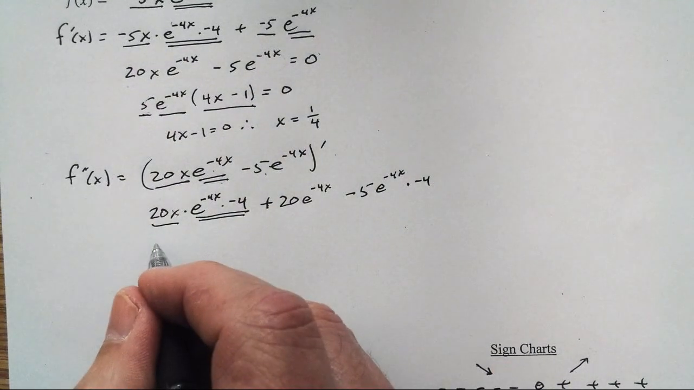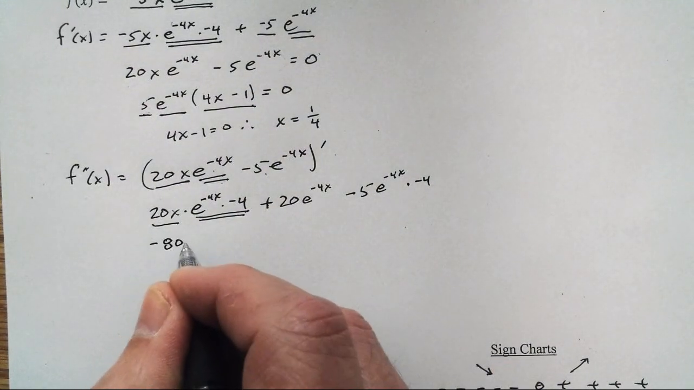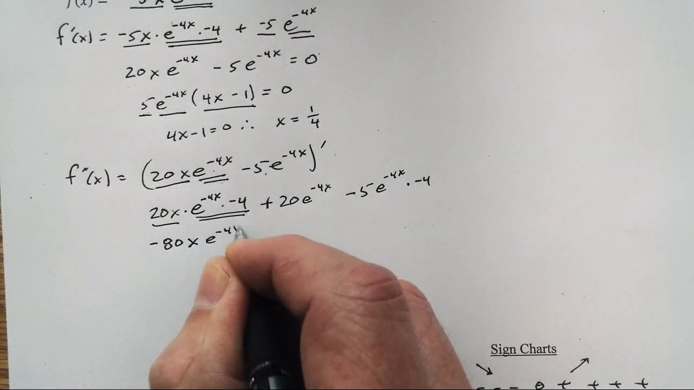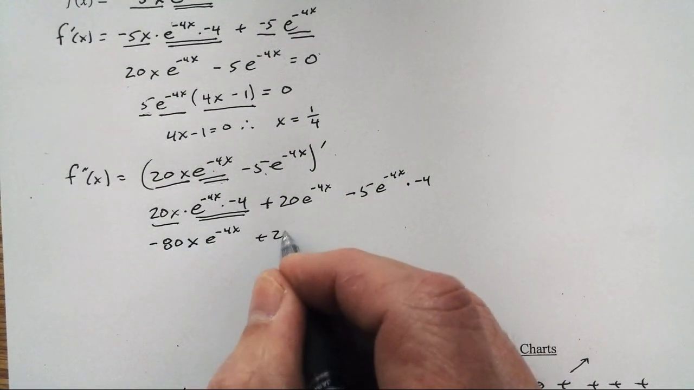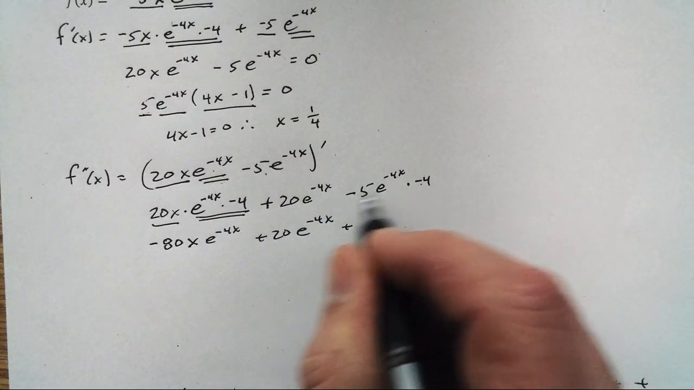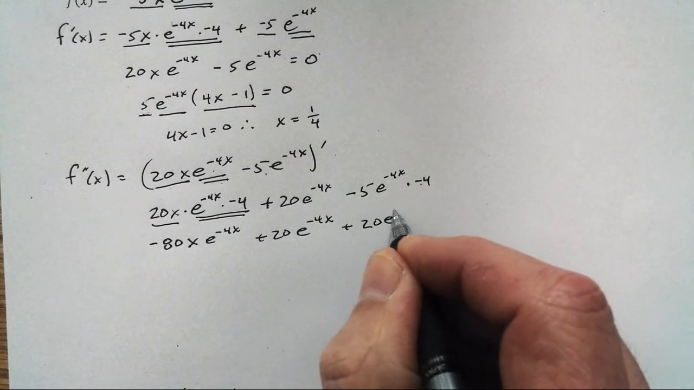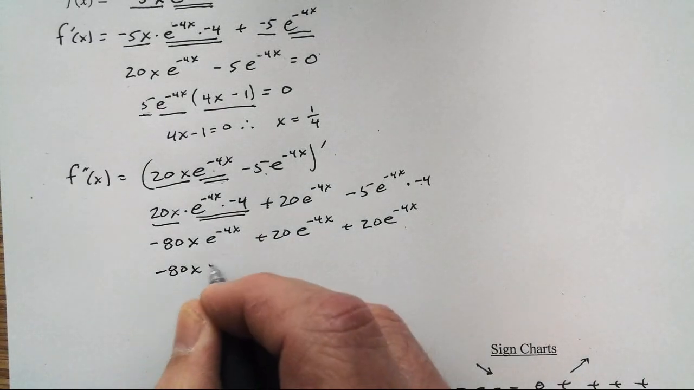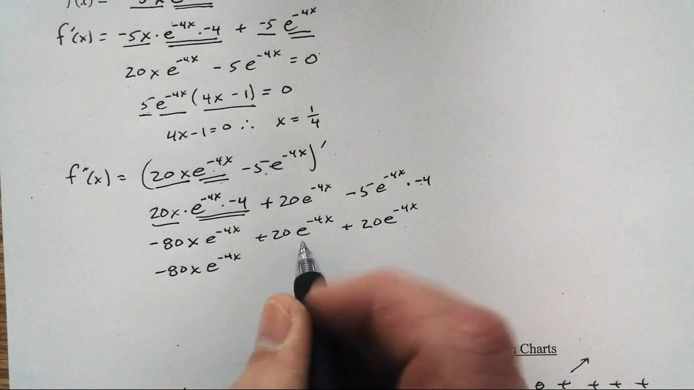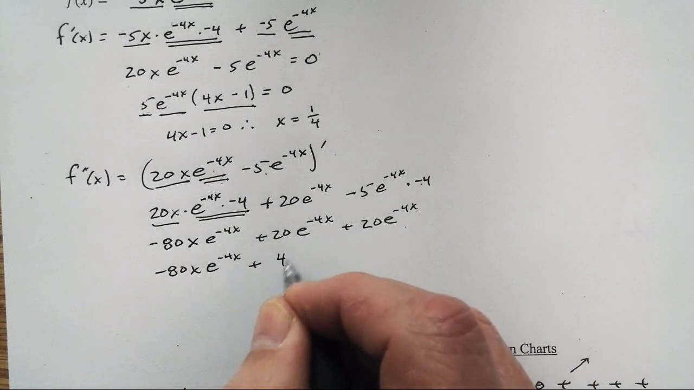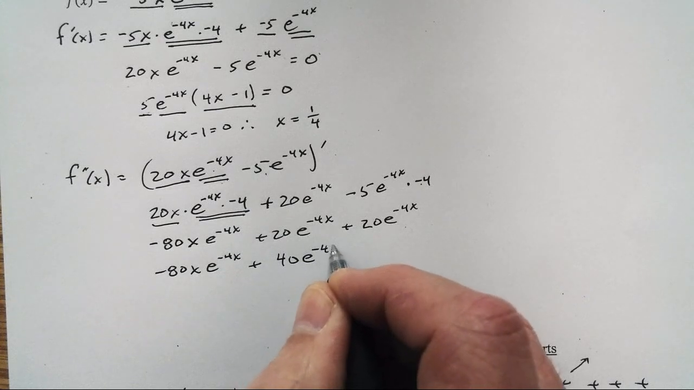So let's clean this up. Negative 80x e to the negative 4x plus 20 e to the negative 4x plus another 20 e to the negative 4x gives me negative 80x e to the negative 4x plus 20 apples, 20 more apples, 40 of these apples,